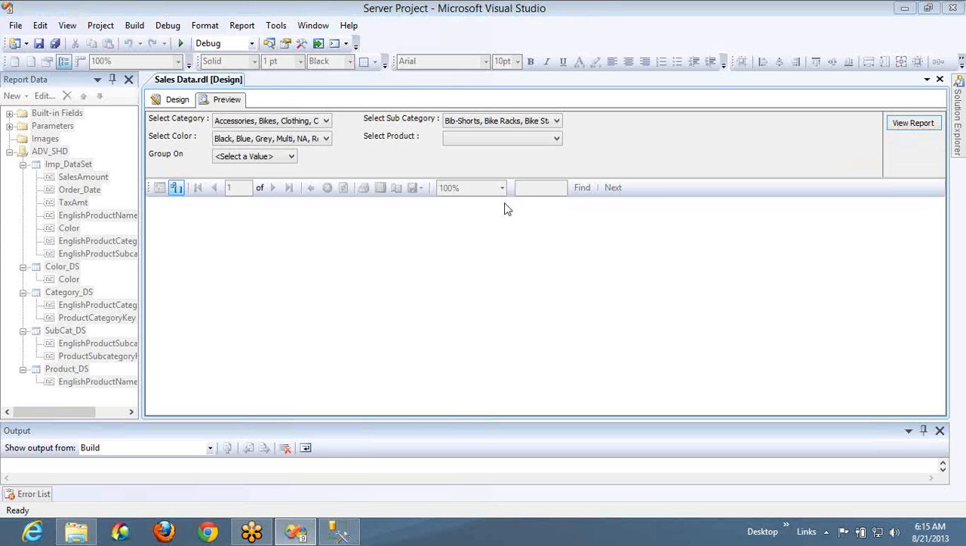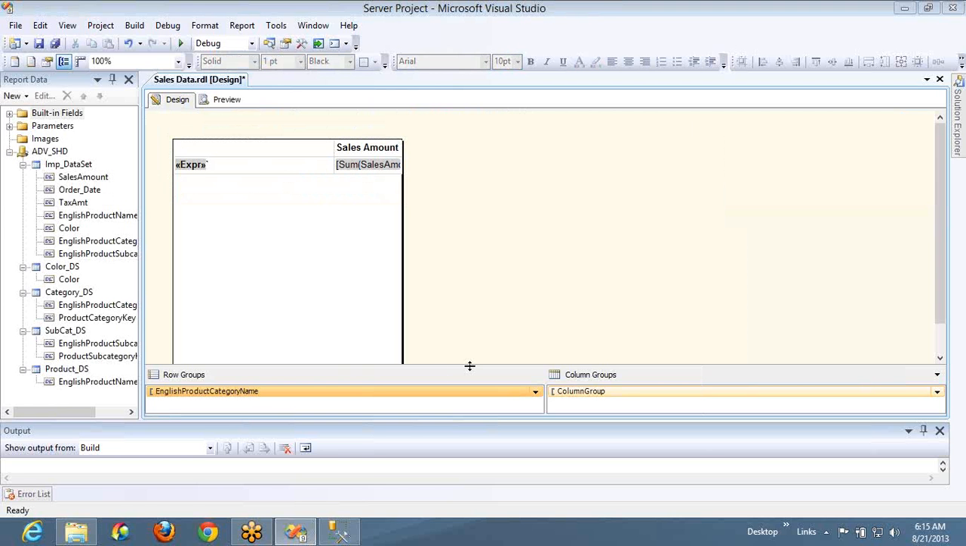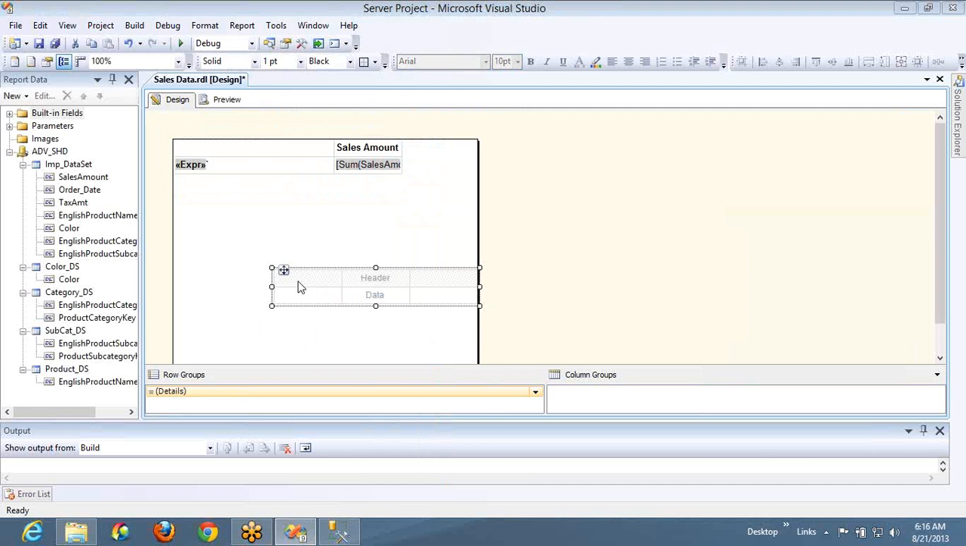Now let's go to the next concept. If you drag either table or matrix, this is a matrix, right? Whatever I have selected here is a matrix, and if I expand the size, sorry guys, if I take one more table here, and if you see the properties,